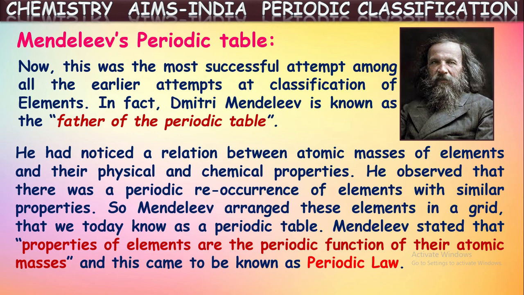He had noticed a relation between the atomic mass of the elements and their physical and chemical properties. Yes, he also observed the same point, that is, some relation between the atomic mass and the chemical and physical properties of the elements. So he studied these properties and tried to classify the elements based upon them. He observed that there was a periodic reoccurrence of elements with similar properties. So he arranged all the elements in the increasing order of their atomic masses, and then the elements